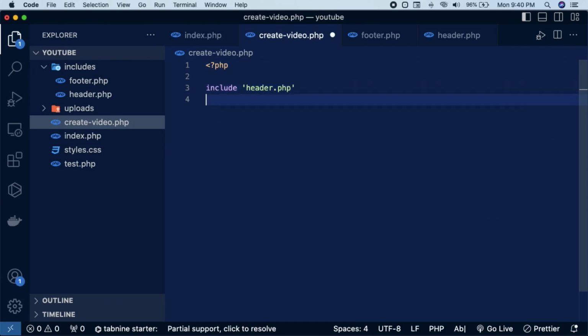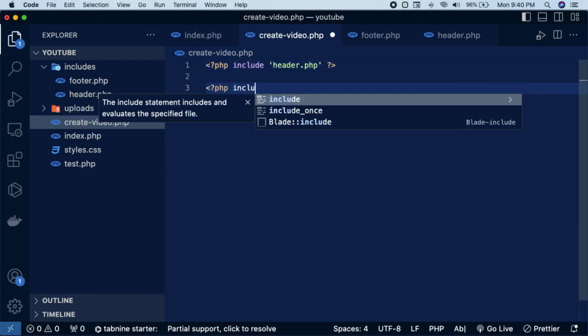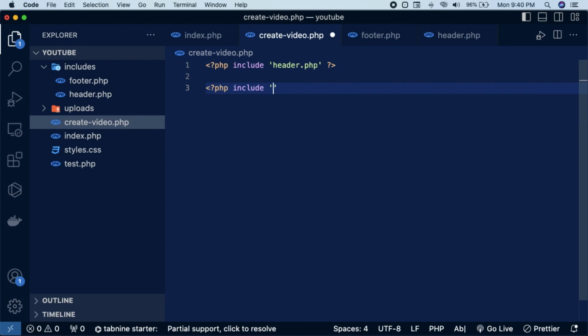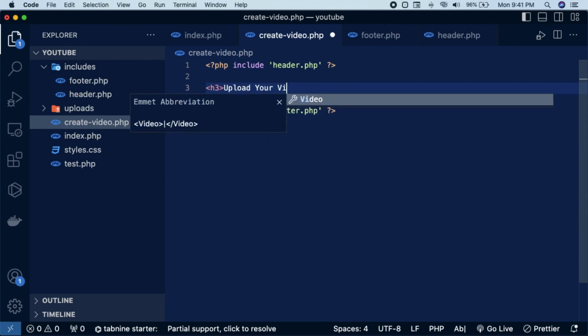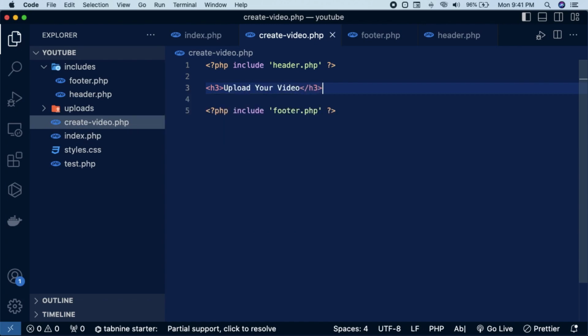So it's such a clean way now. Some people like to do it in one line also, like this. Then I have to include footer. So before I start any page, I'll just put these two files first. Okay, done. Now in between this I can write anything I like. So I can say h3 create upload your video /h3. Okay, so now whatever I'll write, I know that it will be inside a container, because I opened the div